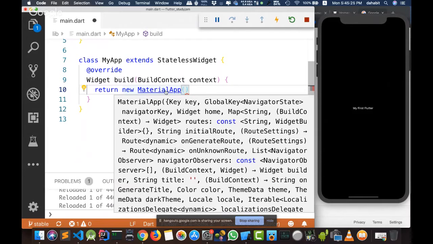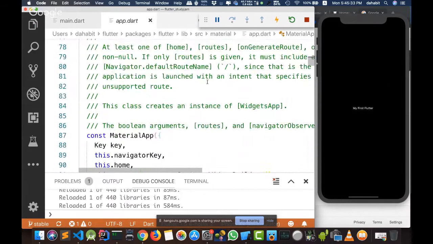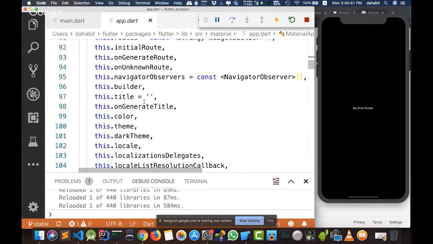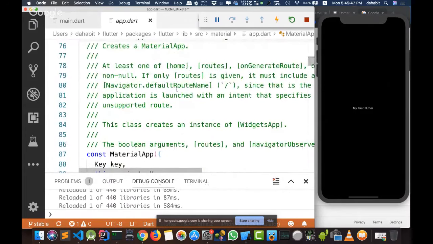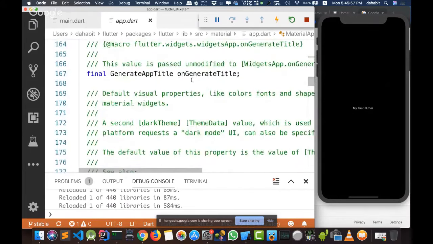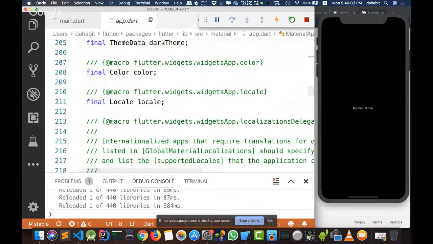Just press Command or Control on the widget, and you will find that this material app widget extends or inherits the stateful widget, and inside it you will find a lot of properties: home, routes, title, theme and color. You can use these properties, and you will find a lot of great documentation inside Flutter code that helps you to develop your application without any need to check the online documentation. Sometimes you will find a full Flutter example inside this type. We'll come back.